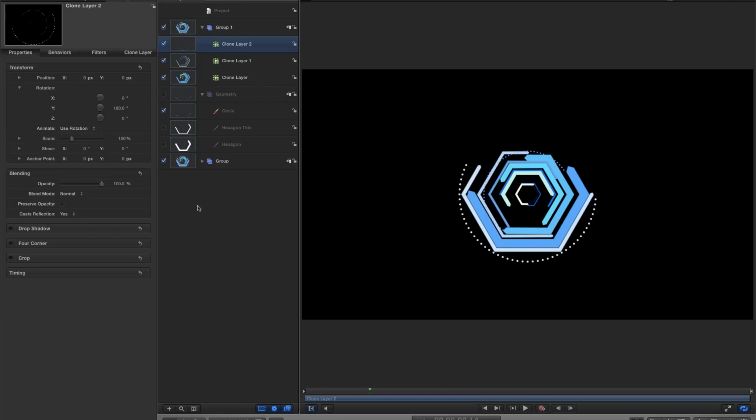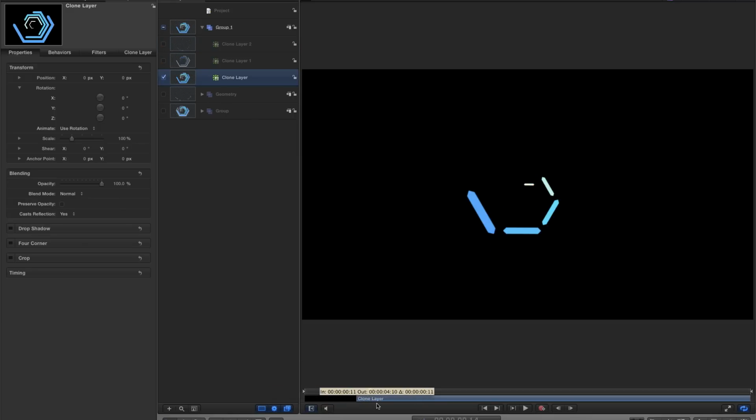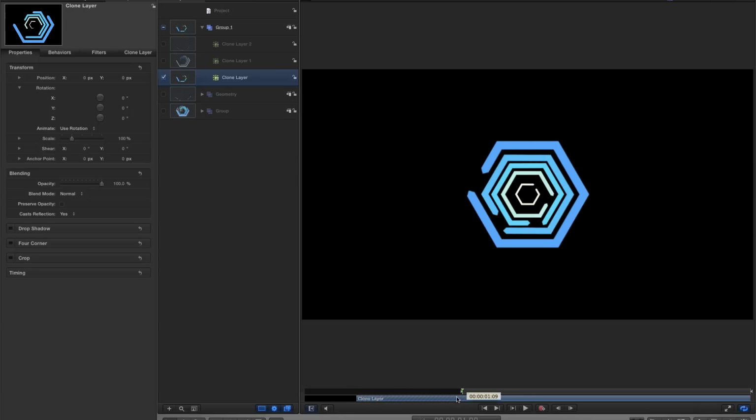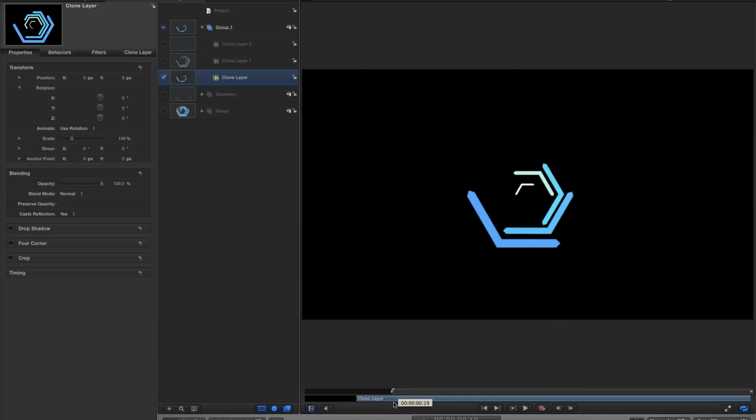And then we can close this original group on down, and we can close that geometry group as well. So now if I solo this bottom layer and we move it along, the timing is now correct because the clone has effectively baked in the timing of the hexagon animation source, if that makes any sense to you.